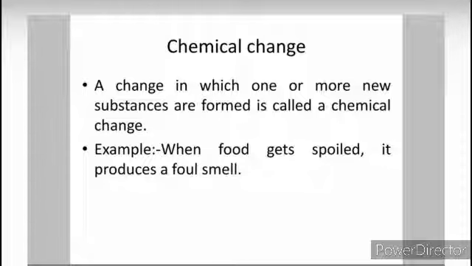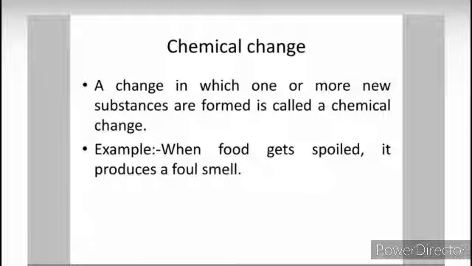See, when we are burning something, ash is produced. When we are mixing some solutions, a new copper deposit is formed. When we are passing that gas into the lime water, something new is formed. Also, adding iron to copper sulfate, or baking soda to vinegar, also produces something new. So this is basically a chemical change. For example, when food gets spoiled, it produces a foul smell. Something new is formed. When we burn a paper, ash is produced. This is also something new being formed.